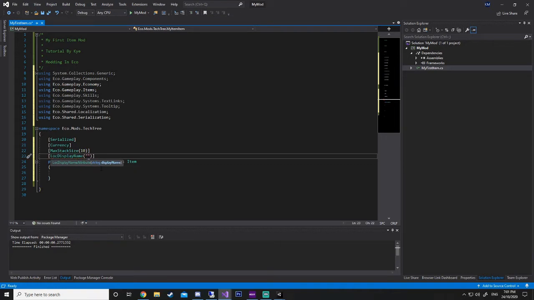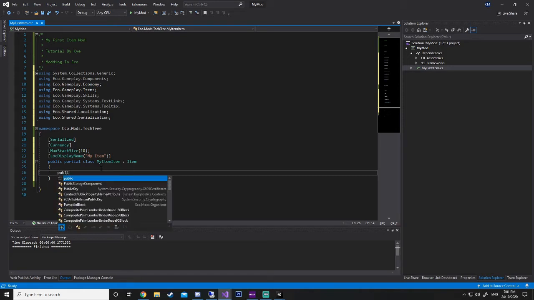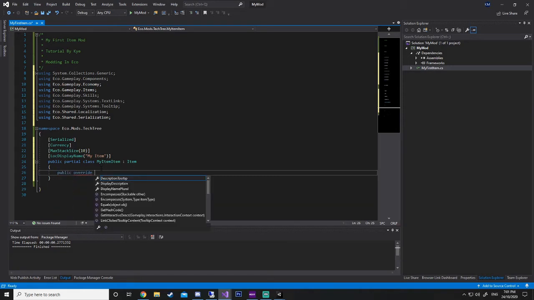So we're just going to put in what its name is. So it's called MyItem. So that's what it's going to be. That's all, like when you do your /give item inside of Eco, that's the name that it'll use to give it to you.